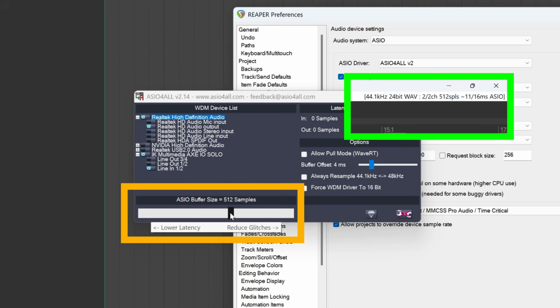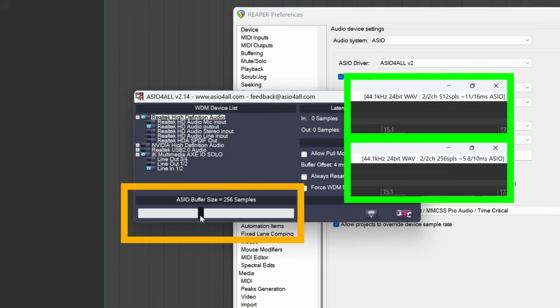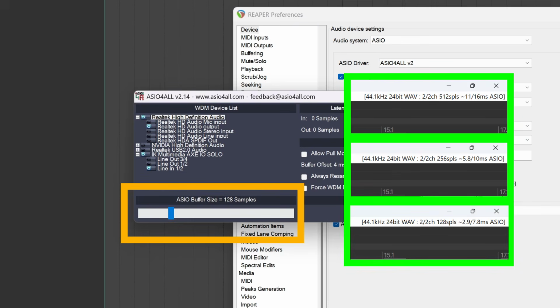Halving the buffer size will essentially halve the latency, so if I reduce the buffer size to 256, it will give me a latency of around 6 milliseconds. That's much better and very usable, but lower is better if possible. If I reduce the buffer size to 128 samples, the overall latency reduces to just over 3 milliseconds, which is perfect. That's the latency I'm hearing right now as I record this, and I don't hear any latency at all